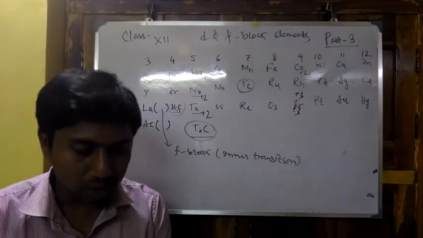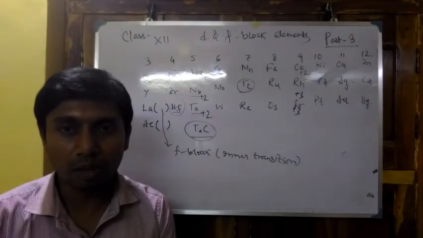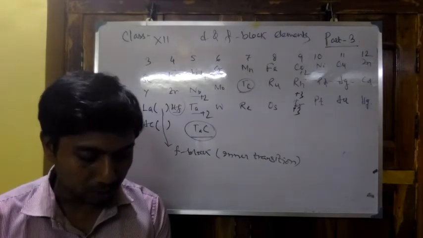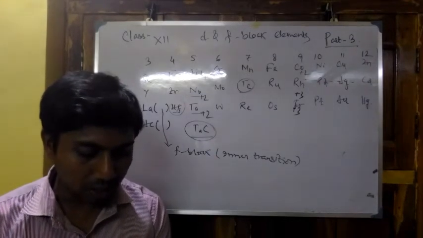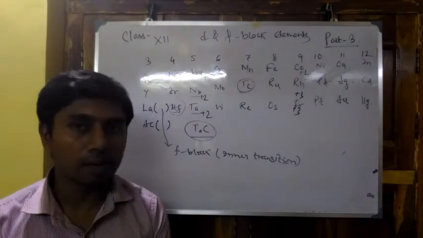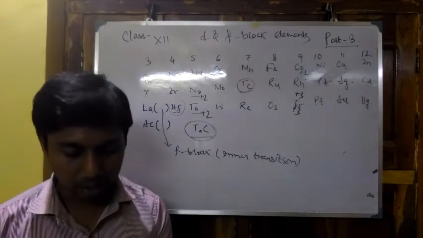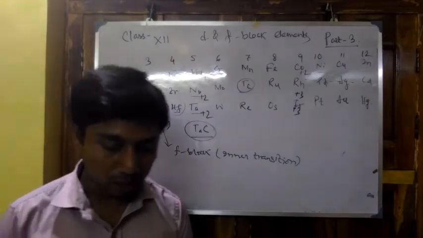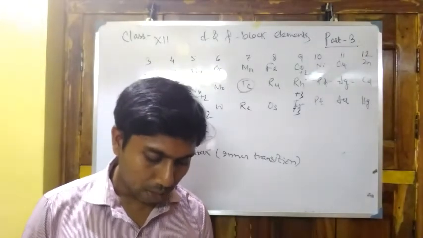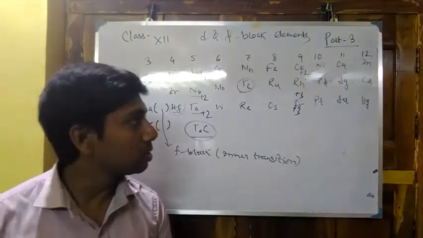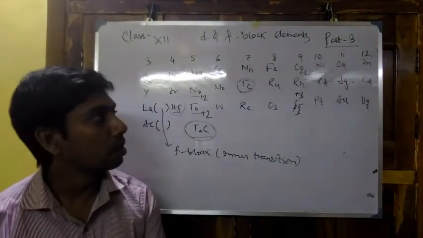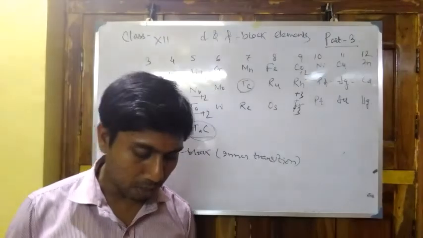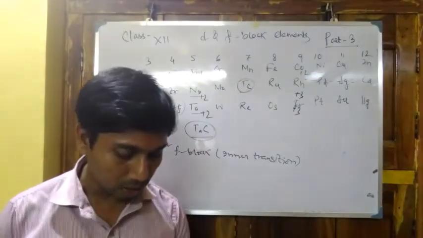Zinc group, it is a contradicted group because the d shell is filled up with electrons. Now zinc, cadmium, mercury. Mercury is a metal, but it is in liquid form, due to the cohesive force between the molecules. And the oxidation state of these elements is +2, just like the last electronic shell filled up with electrons. They are very powerful reducing agents.